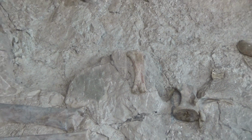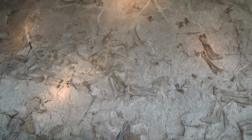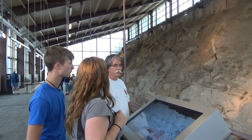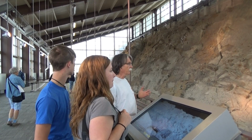And we do have bits and pieces of juvenile sauropod stuff here. It's not uncommon in the quarry, but generally scattered. So there's one small skeleton that was collected here by the Carnegie during their excavations. We have a cast of that in the space below. And so the other odd thing about